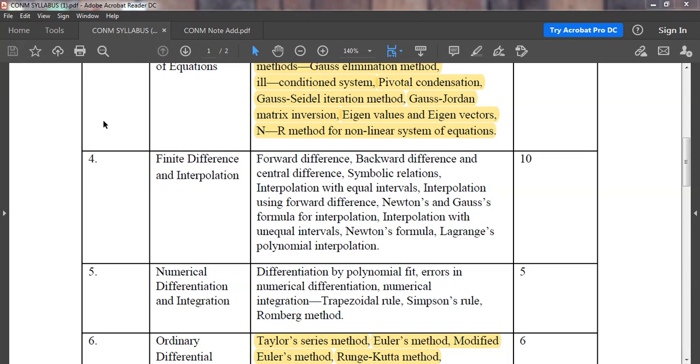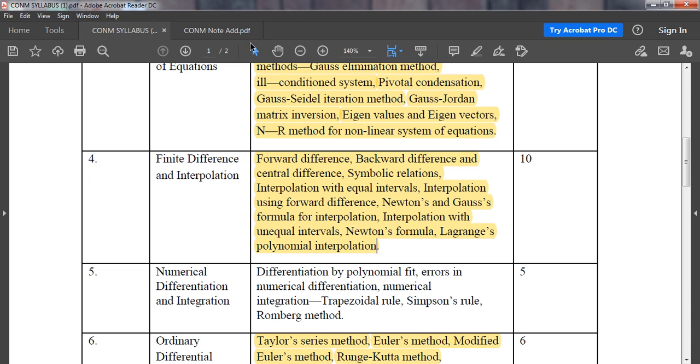Our fourth module is finite difference and interpolation. In this we will see the forward difference, backward difference, central difference. We will also see the symbolic relationship and Newton's method interpolation of unequal interval, Lagrange's polynomial. So these are the things which we will learn in this particular